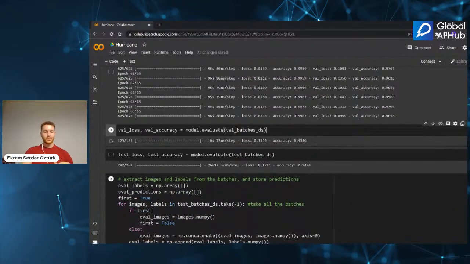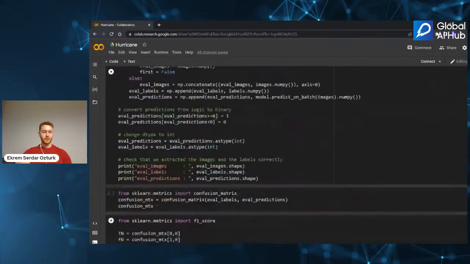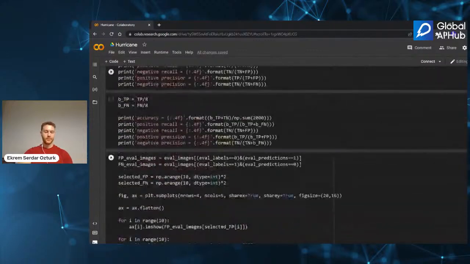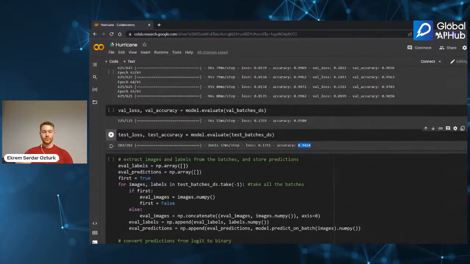Okay, so as you can see here, when we evaluate with the test batch, we get an accuracy of 0.94. So these are just for predicting, okay? You can do it, see the result on your own, and share it with us.